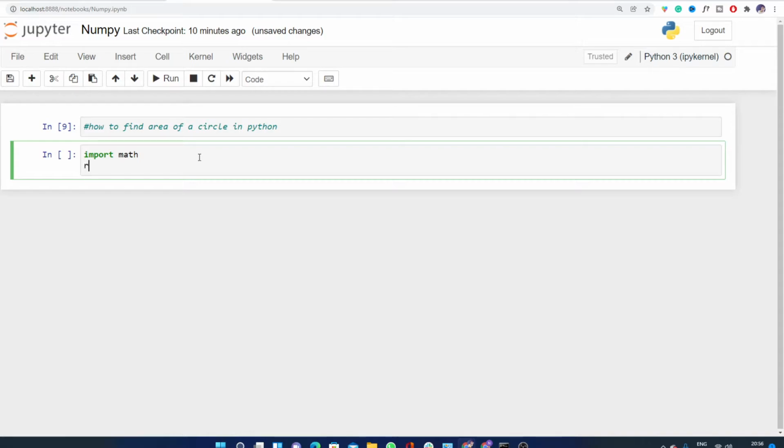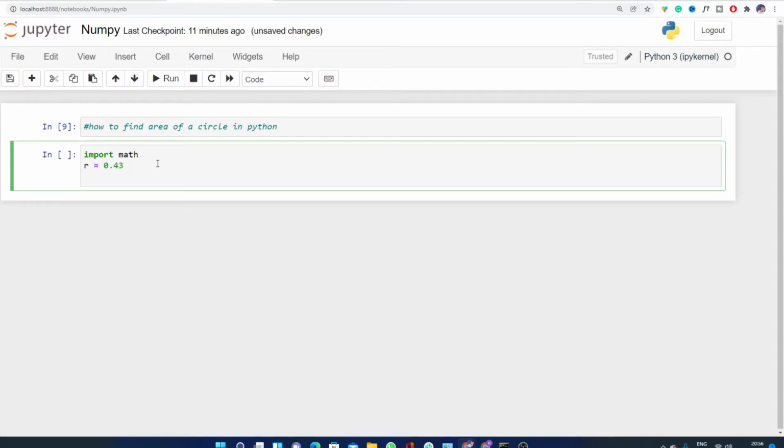Or first we can make a variable of radius, and here I'm going to write the value, okay, 0.43, and then I'm going to make a new variable for area, which is A, and then we are using the